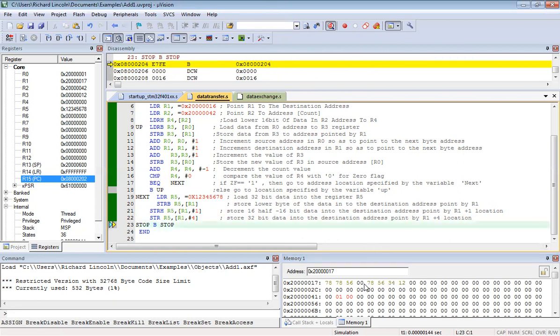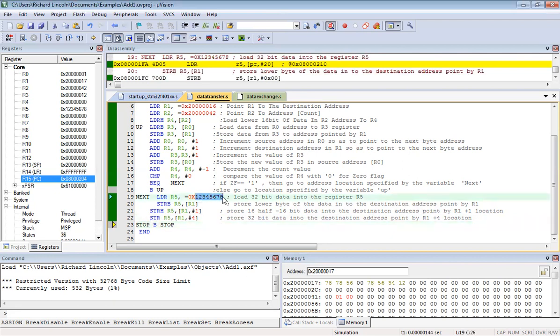You can see that after 4 locations, R1 comma #4, R1 was referring to 17. After 4 locations, what is str doing? It is transferring the whole data: 1, 2, 3, 4, 5, 6, 7, 8. The whole data is transferred.